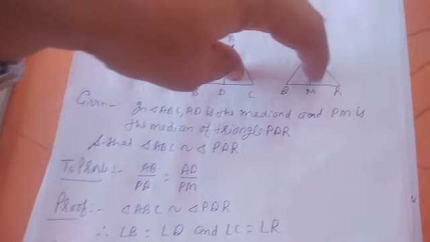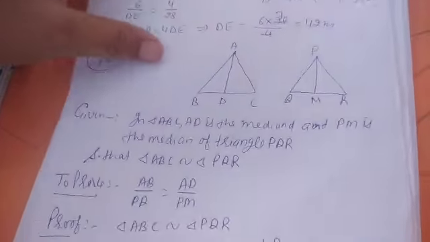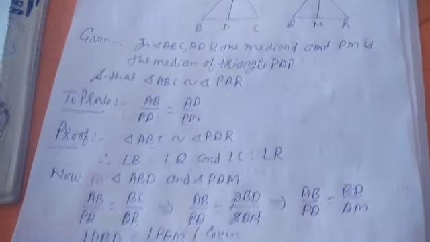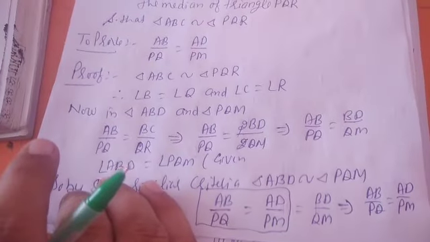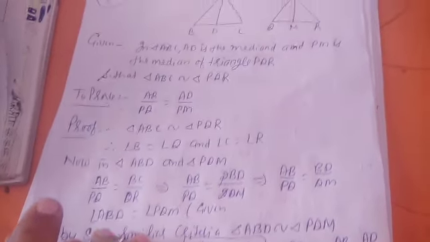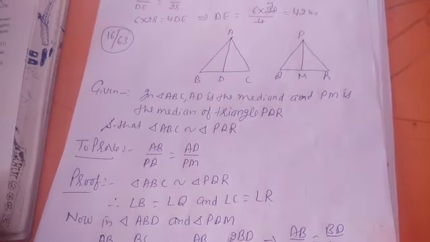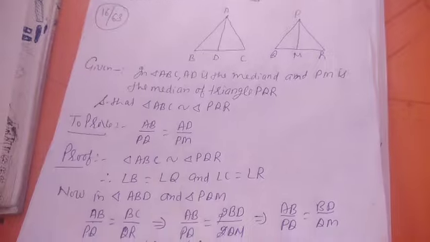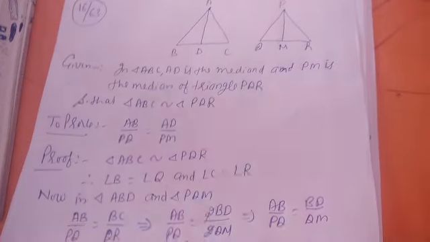You can prove this theorem in another way. Take these two triangles, again prove these two are similar, and then you can see. So this is the last question of this exercise. From tomorrow, or you can say in the next lecture, we can start area of similar triangles. It is a big chapter with many parts, but we will try to understand.